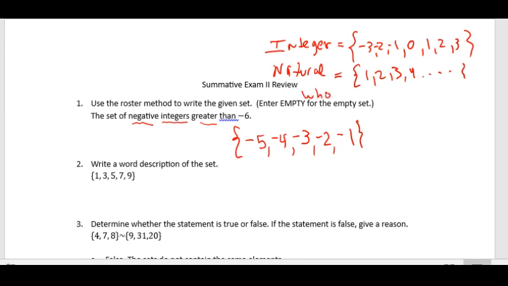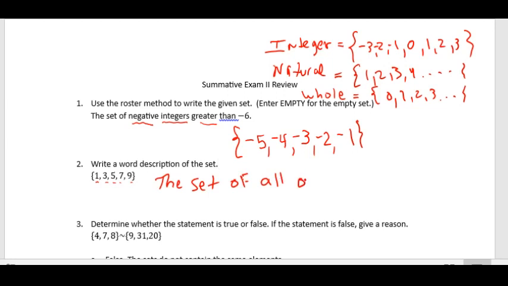The whole numbers start at 0, 1, 2, 3, and so on. Okay, so for this problem, notice that all of these numbers are odd. And so we can say that this represents the set of